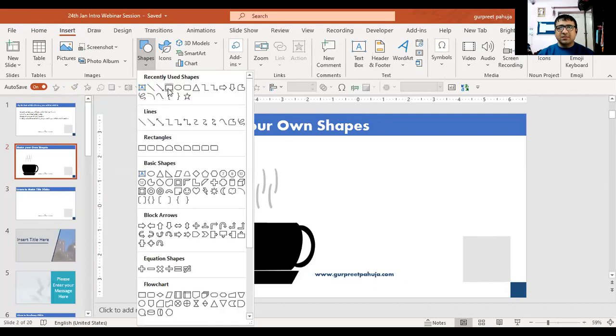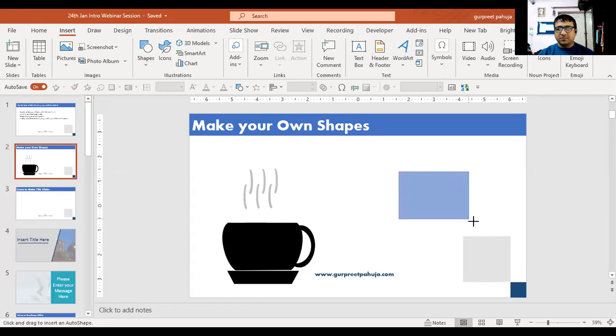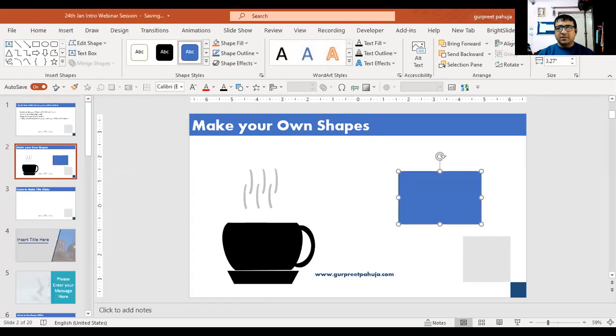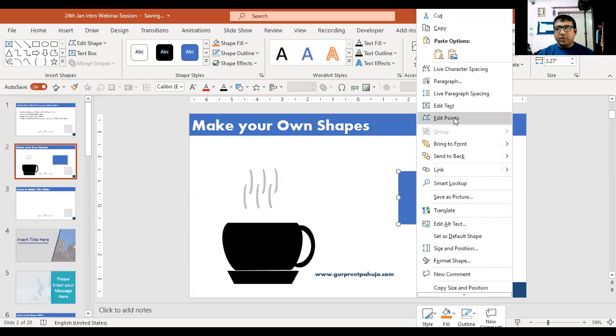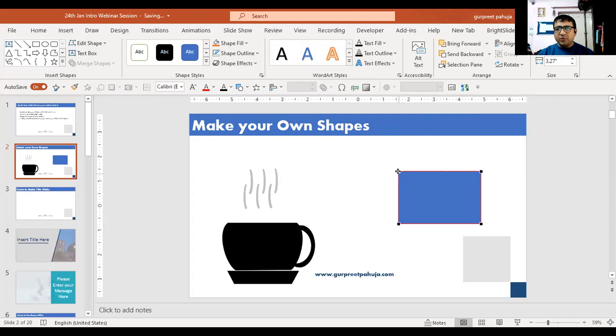I will go to the insert tab and I will take a shape, and I will take this rectangle. I will do shape outline, no outline. Now I will do a right click and I will see this edit points. This is the option not generally used. Now you see those four dots coming in. Now I will select this one. Now if you see, if I'm moving my mouse, there's a different image. And once I move this, this is the changed one.